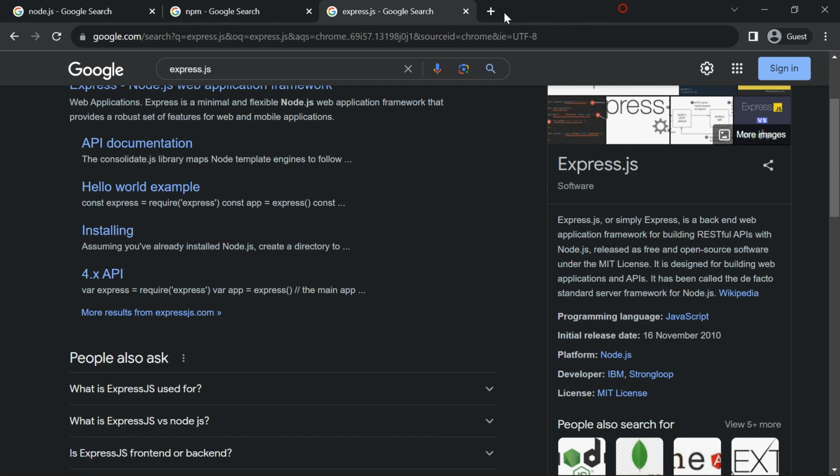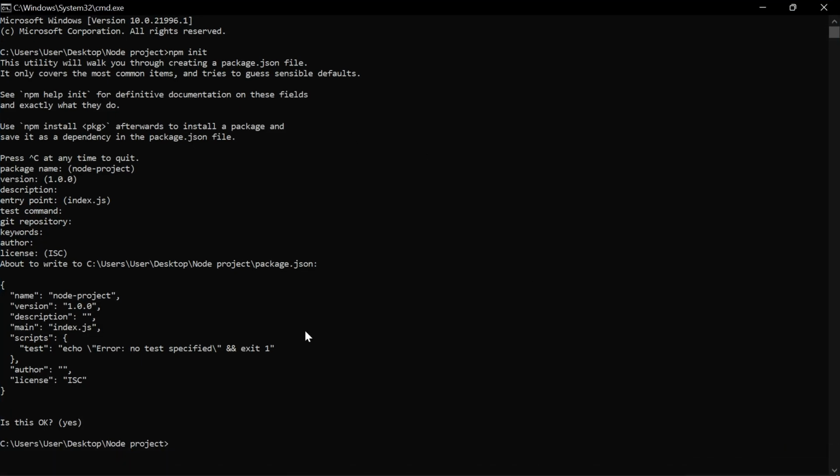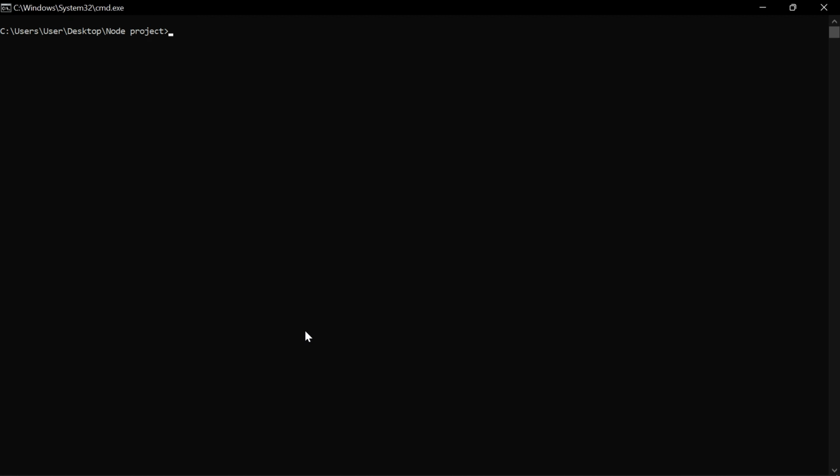With that being understood, let's go and install the necessary dependencies we need to work on this project. Let me clear this so we'll have a full page. So we'll use npm install express ejs --save.